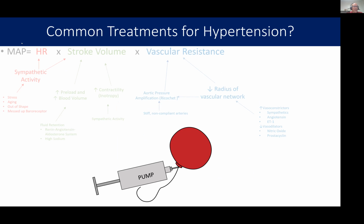So remember, MAP, or mean arterial pressure, is the product of heart rate times stroke volume times vascular resistance. So our drugs that target hypertension are going to act on these things. So what acts on heart rate? One that has been used in the past and it's still used, but it's not in as much favor now,